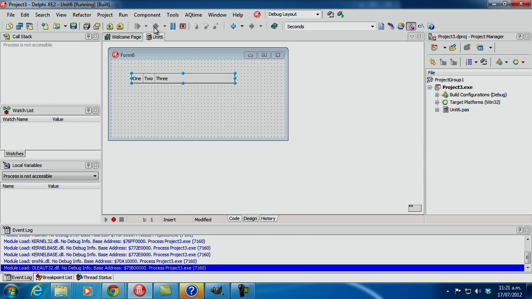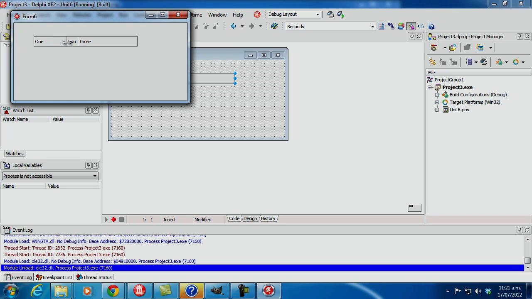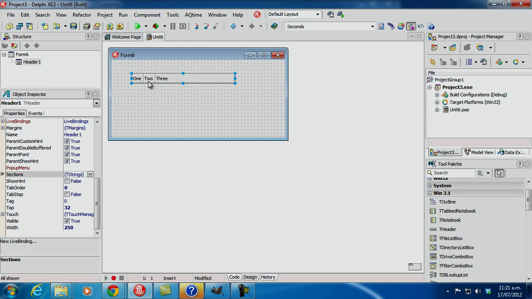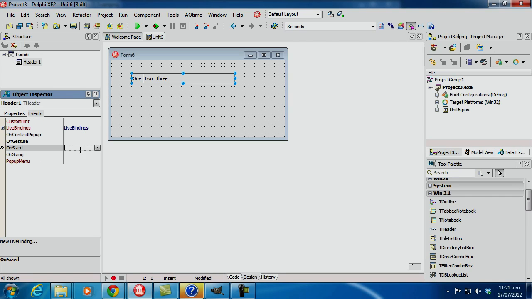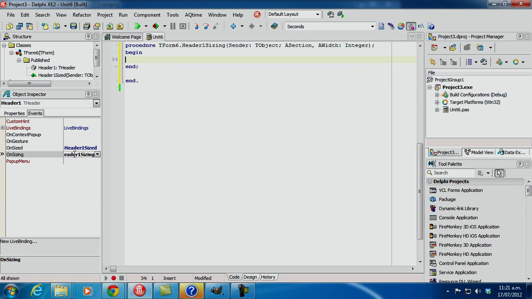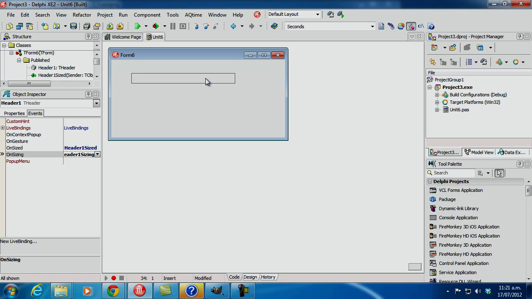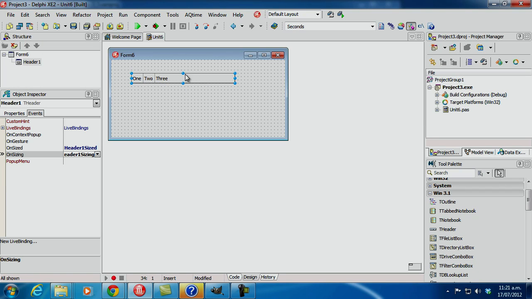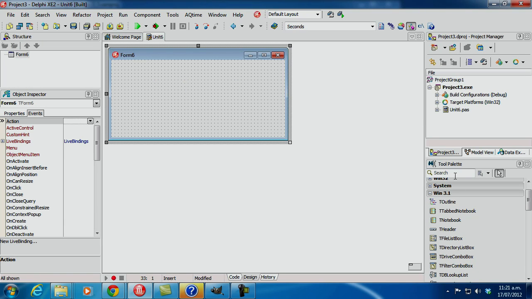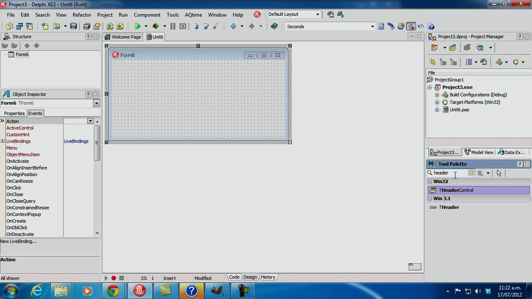If we run that, we can in fact resize those sections at runtime. There are a couple of events, OnSized and OnSizing. But there is a better control. I'll get rid of that, and that's THeaderControl,